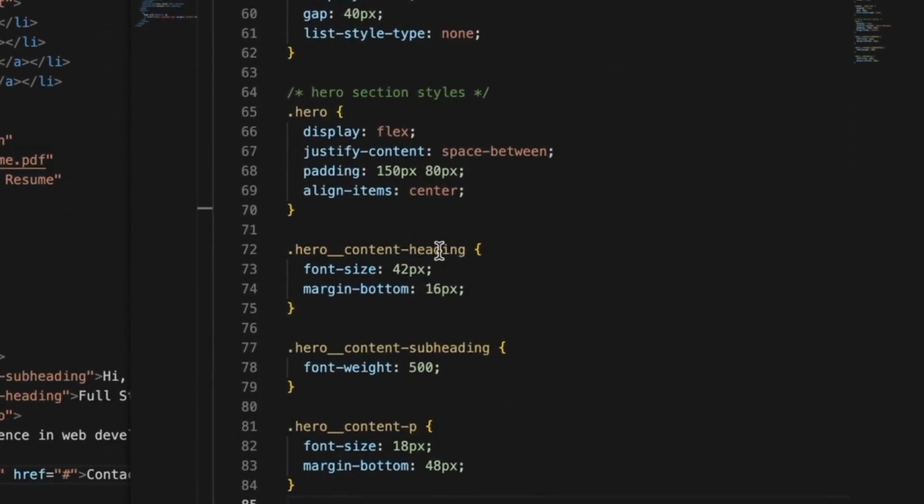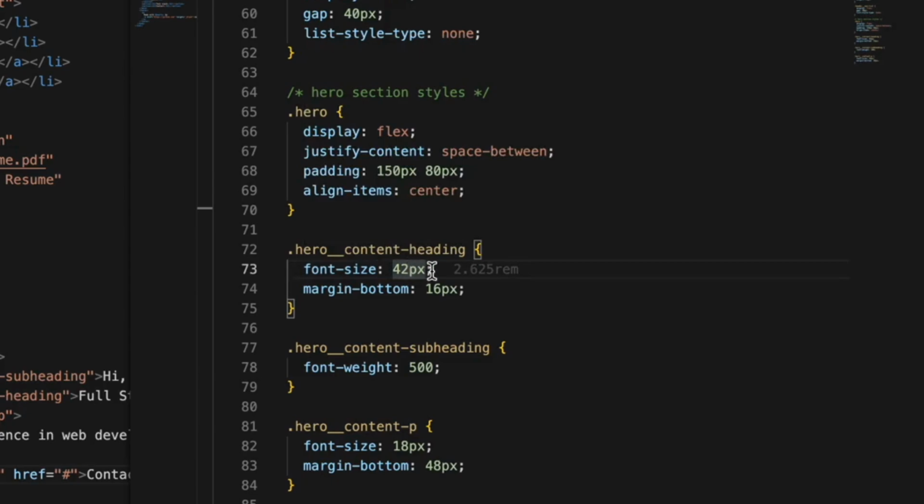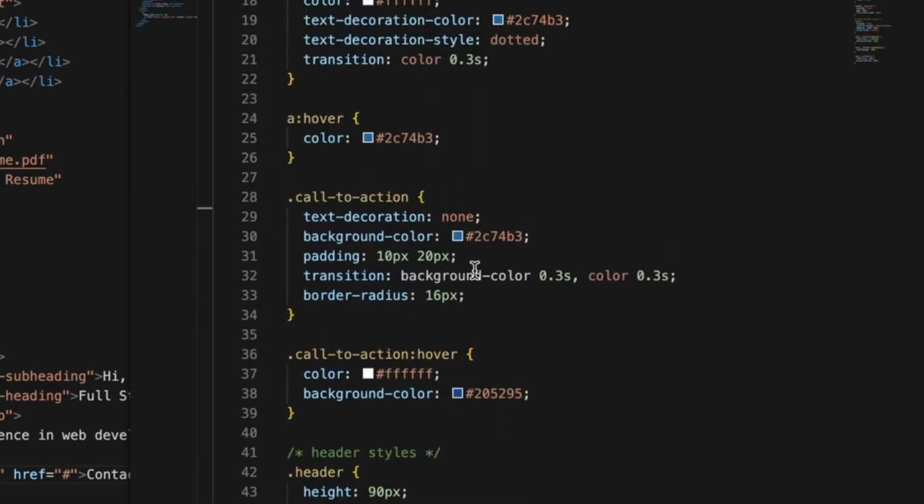Go, for example, to the Hero Content heading, which font size we change to 42 pixels. Hover your mouse over this value and click to make the cursor appear. Then press Alt plus Z or Option plus Z on your keyboard and look at that. We have this value in the rem unit. Awesome! Let's change all values in pixels, starting from the call to action,